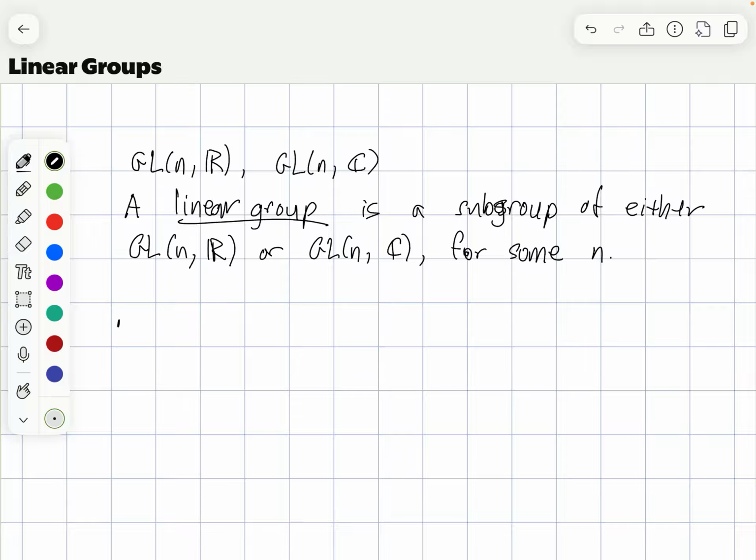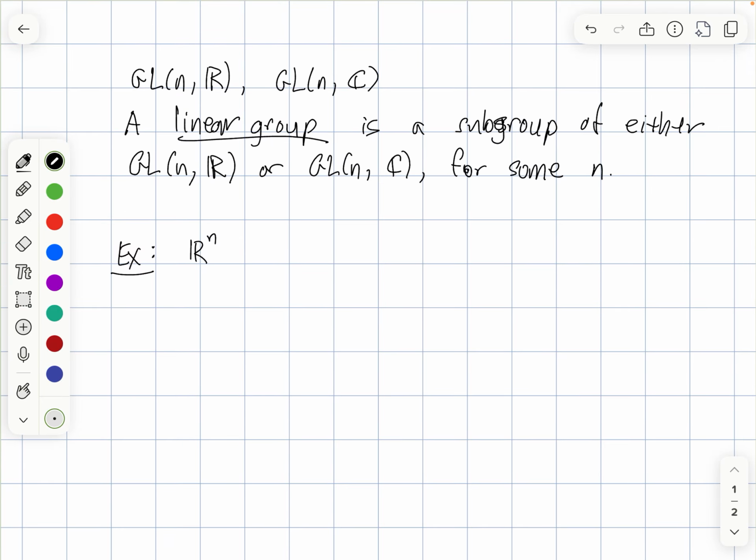So here are some examples. Well, certainly GLNR and GLNC are linear groups. We can also view Rn as a linear group. So maybe I should be more precise and say that it's really a group that is isomorphic to a subgroup of either GLNR or GLNC. So one way to do this is,